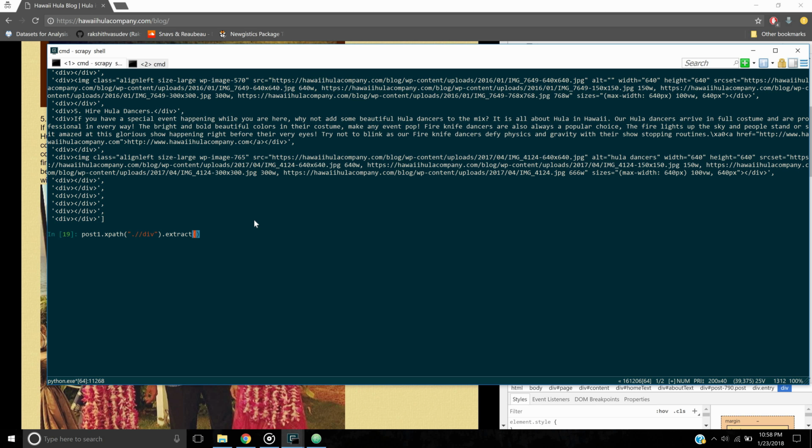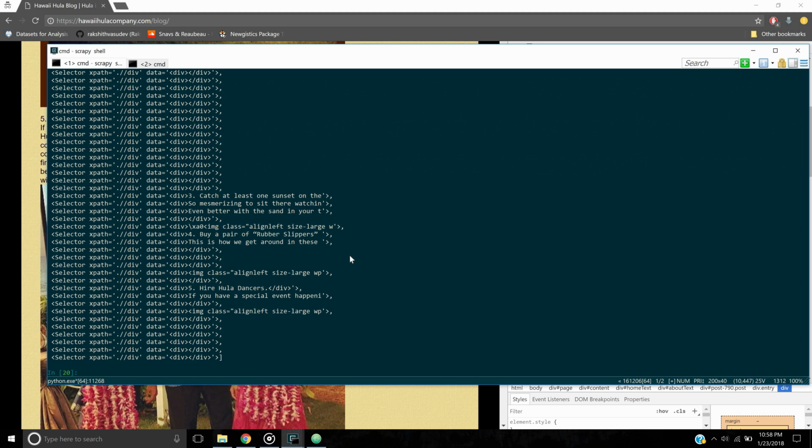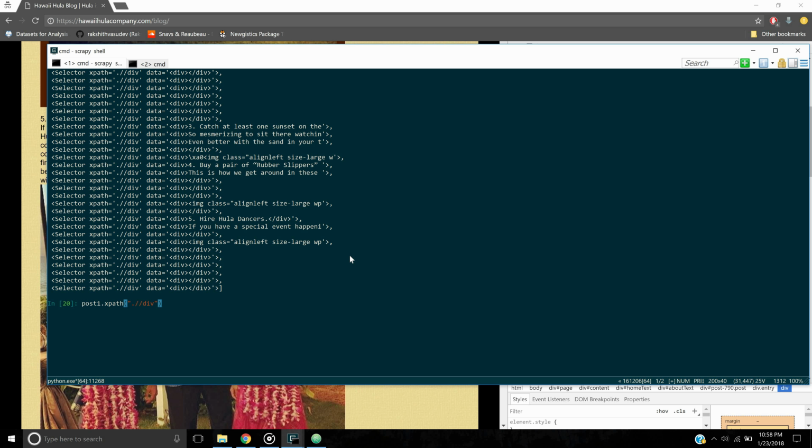Let's do it. Let's not extract right now. Let's go through every single div tag, and these are all the div tags. Okay, now let us do an XPath again, and iterate through every single div tag here and get the content out of that div tag. So let us do this. Not extract, basically go through this, and let us see, div underscore tag sample. Instead of typing div tag sample, I'm going to say DTS, which stands for div tag sample,